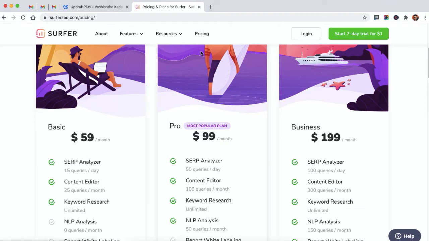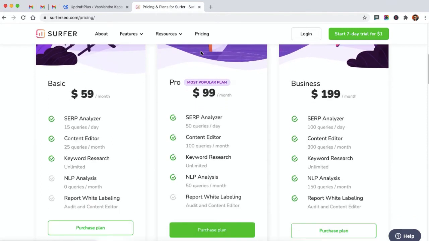So this is where you need to see that SERP analyzer, you get 15 queries every day, and talking about content editor, you get 25 queries in a month. And another thing is keyword research, that you can do unlimited keyword research with any of the plans, either the basic plan, pro plan, or maybe the business plan.